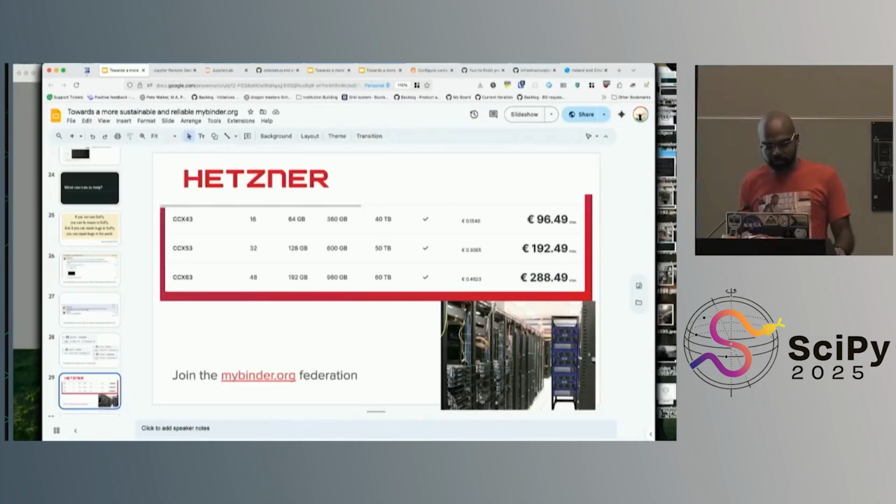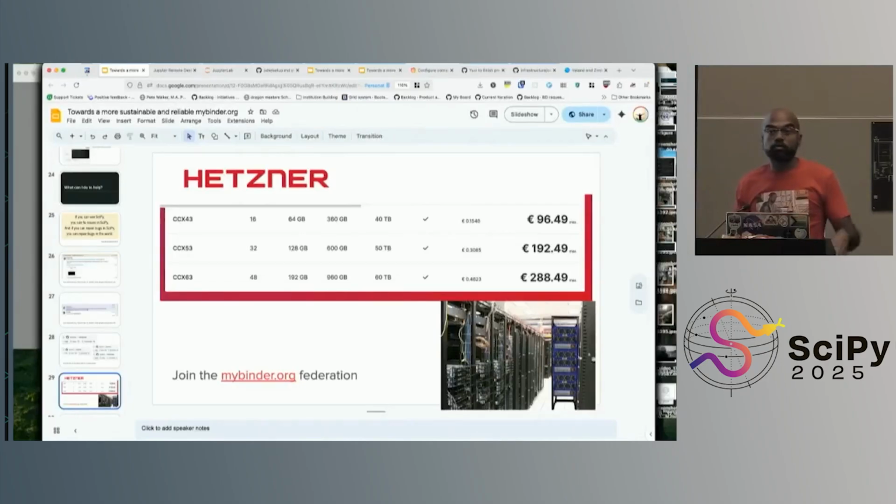Join the MyBinder Federation. That's the pricing that we currently pay on Hetzner, and you can see, again, that is just so much cheaper, right? If you are to make a case to management and say, you need to sponsor them, it's about $25,000 a year. That's such a fundamentally different thing than saying, yeah, we want to sponsor them, we can do like $900 a year, right? And that adds enough capacity that it matters. You remove that one zero from there, and it makes such a huge difference, right?